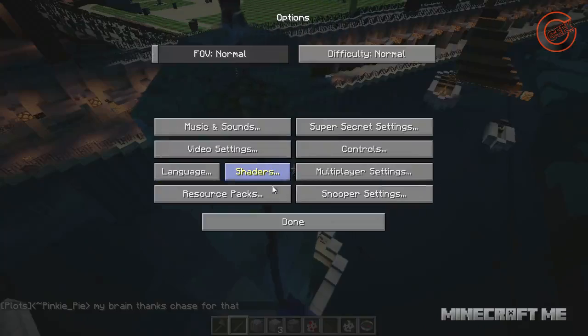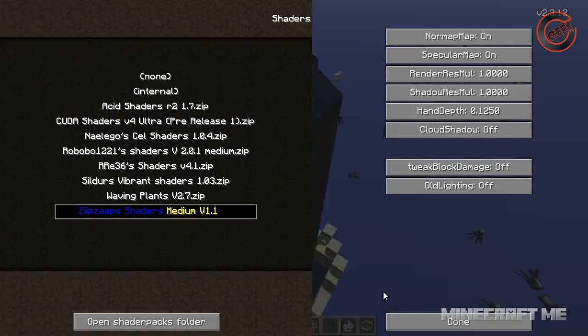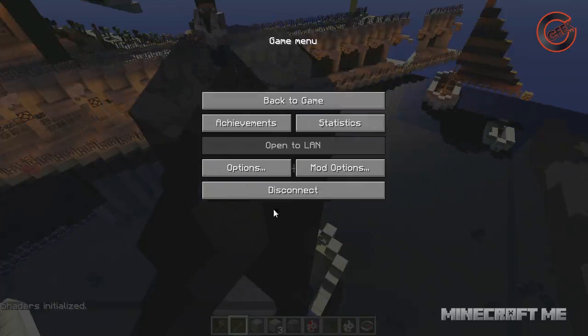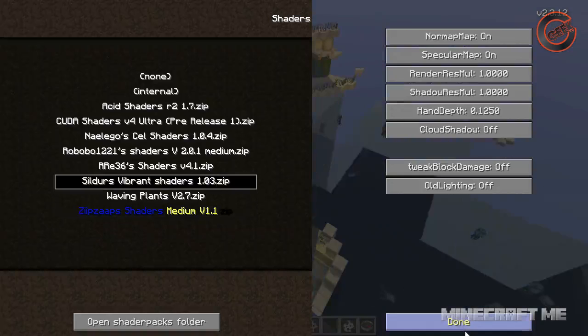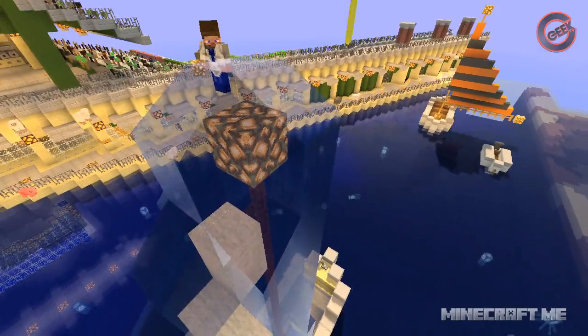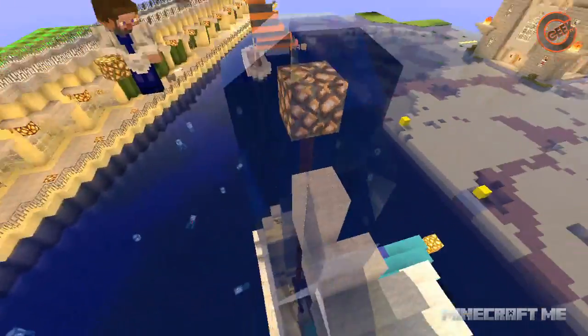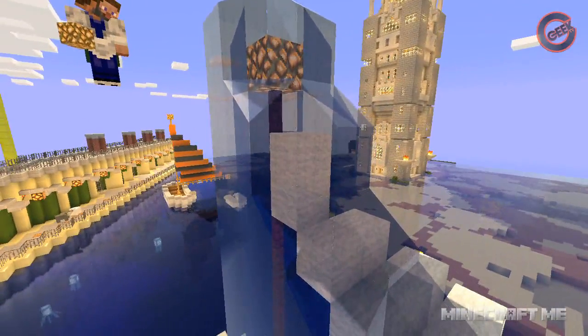Let me go ahead and change it here. Let me go to Zip Zaps. We'll try Zip Zaps. Now some of the shaders have extra features, but depending on the texture pack you're using, that one doesn't work. One of the ones that I ran across that they talked about that I thought was really cool is